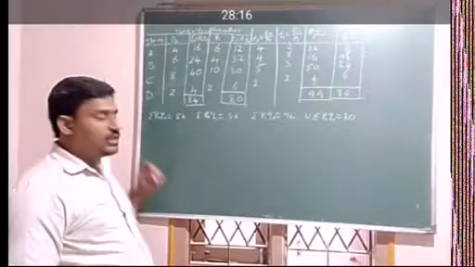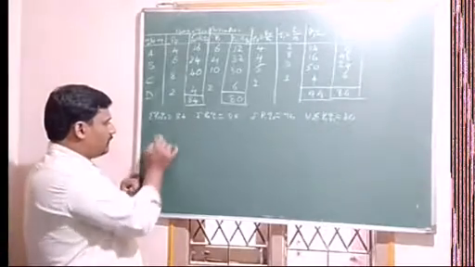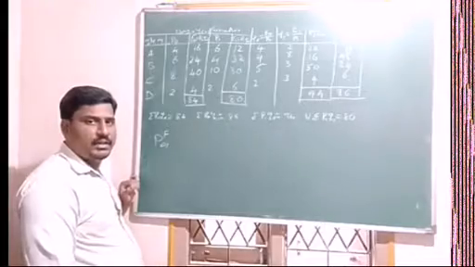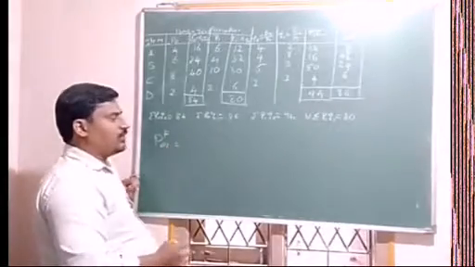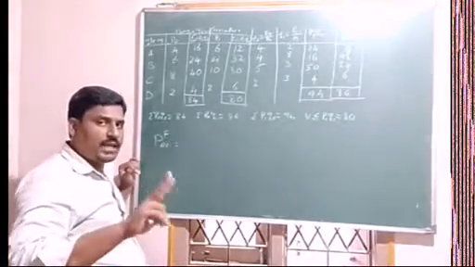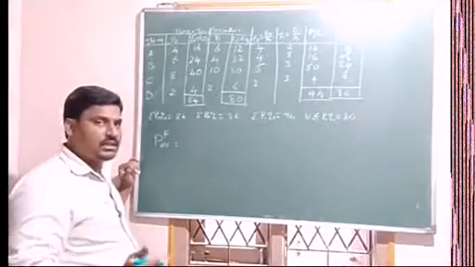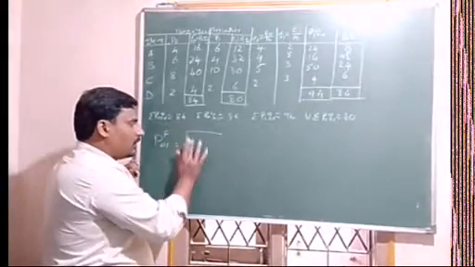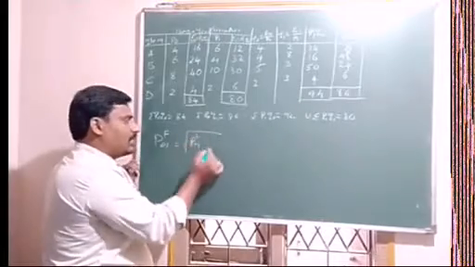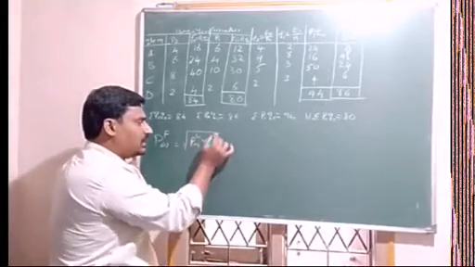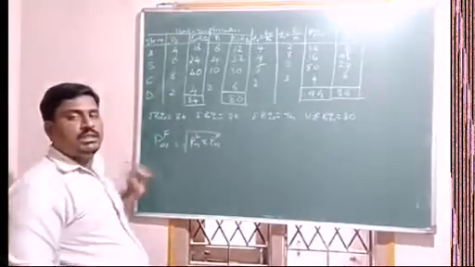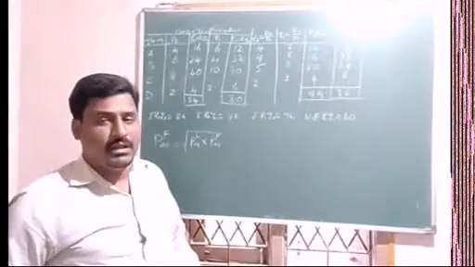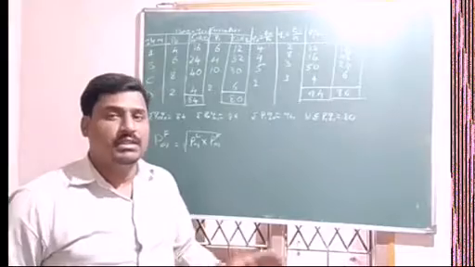Now Fisher's index number. So P01 and above here, right? F indicates Fisher. So the Fisher index number formula: if Fisher is asked along with Laspeyres and Paasche index numbers, then use a shortcut, that is the root of Laspeyres index number into Paasche index number. So Fisher's index number is nothing but the geometric mean of the Laspeyres and Paasche index numbers.